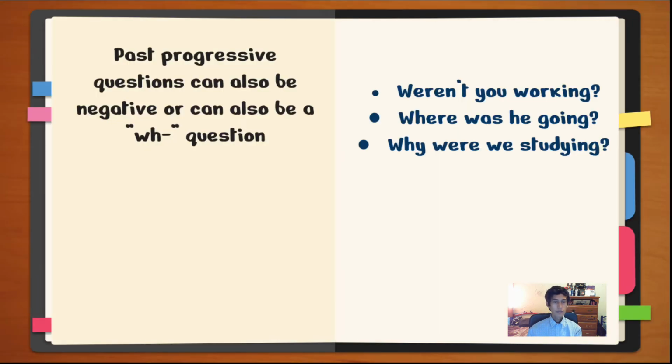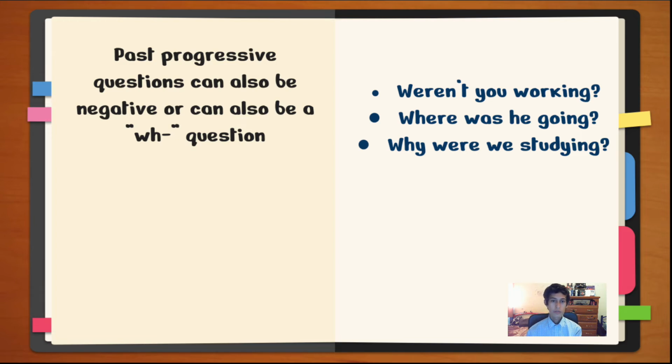And the past progressive questions can also be negative or can also be a WH question. The WH questions are the ones like where, why, which, who, quién, cómo, cuándo, dónde. So here we have some examples. Weren't you working? That's a negative question. We put the not in front of the first word. In this case is were not you working, but